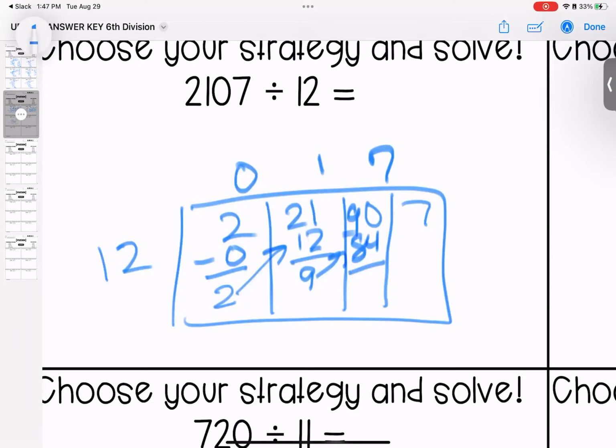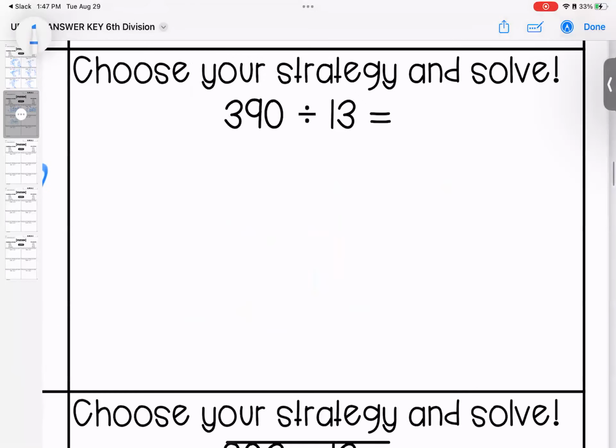Subtract 90 minus 84 leaves me with 6. 67 divided by 12 is going to be 5 because 5 times 12 is 60. Leaves us with a remainder of 7. So 2,107 divided by 12 is 175 with a remainder of 7. Over here,